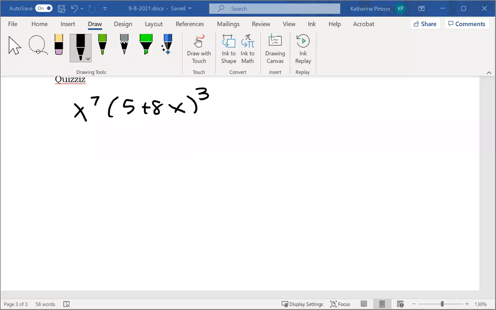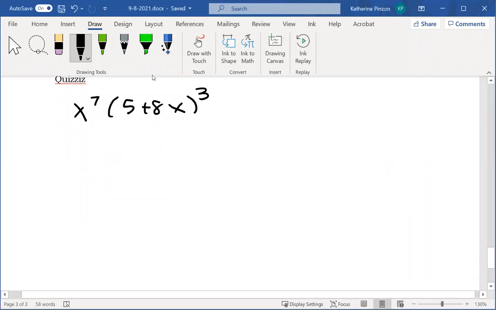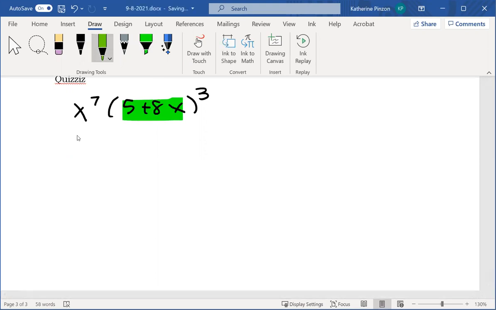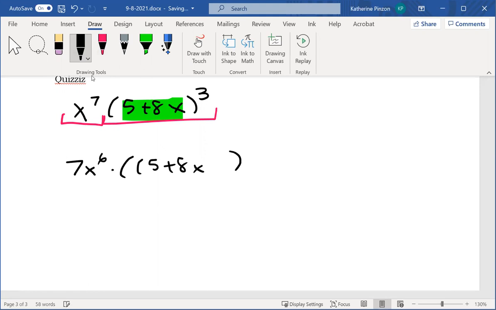Okay, so x to the 7th times 5 plus 8x to the 3rd. You need the chain rule because of that bunch of stuff to the 3rd. And then you need the product rule because you have these two pieces, this guy and this guy. Okay, derivative of x to the 7th: 7x to the 6th times, leave the second function alone. Don't change it at all, right? Plus, leave the first function alone, x to the 7th